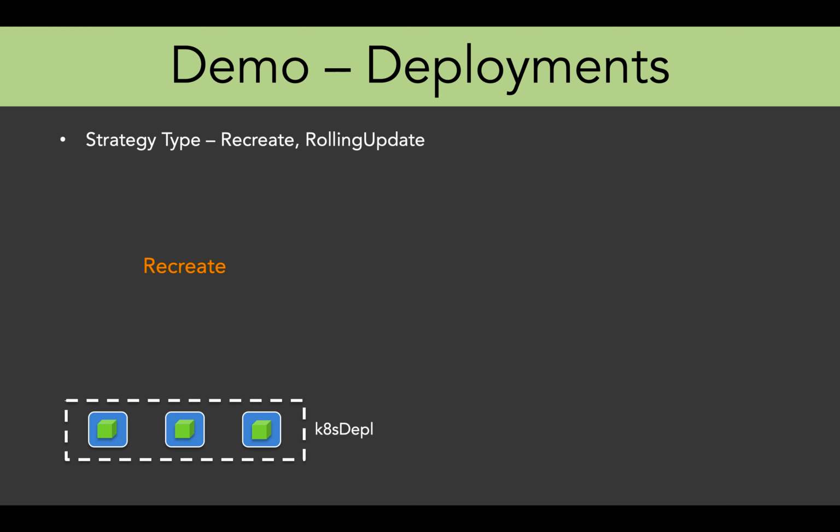Now the problem here is that for a very brief period of time, you might have some downtime because the new deployment with the updated container image is created after deleting the existing deployment. So there's a brief downtime for the application, which is okay for development and test environment, but for production, definitely it should not be used. And for that, we use rolling update. The purpose of rolling update is to give the same upgrade feature but without any application downtime.